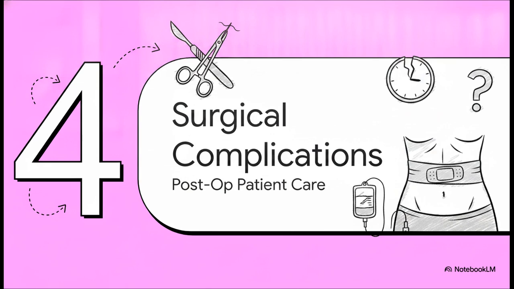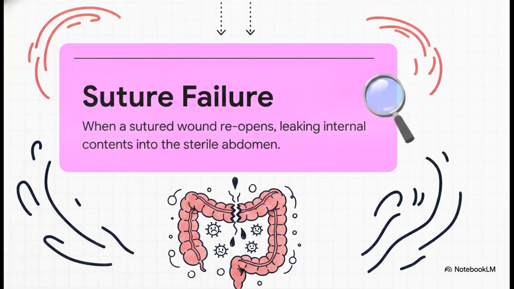But as healthcare professionals, our real work kicks into high gear post-op. Let's look at Section 4, Surgery and Post-op Complications. The number one complication we absolutely must watch out for is suture failure. Remember, the GI tract is a hollow tube. When a surgeon cuts out a tumor and stitches the healthy ends of the intestine back together, that suture line